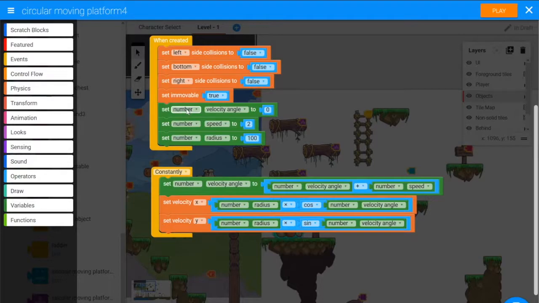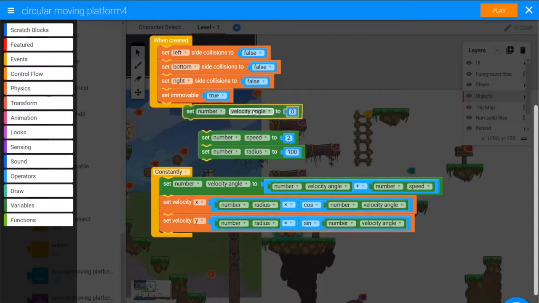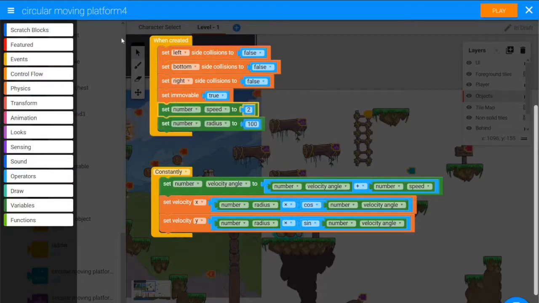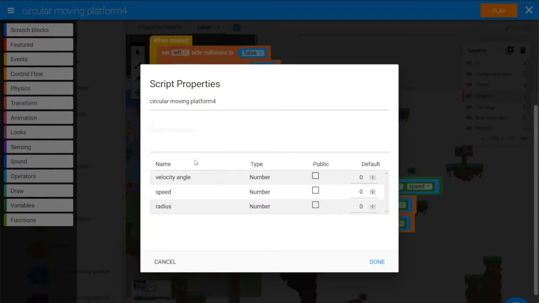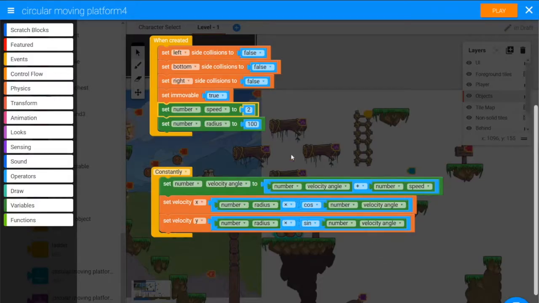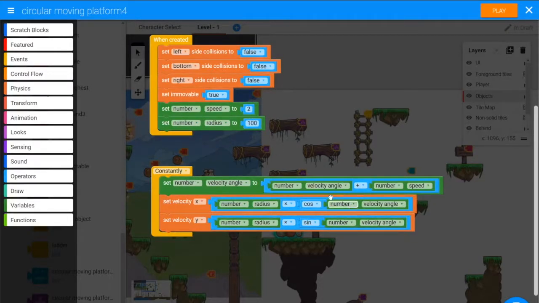So we'll get rid of velocity angle. If we go up into our script properties, velocity angle will now be a public variable with a default of 0. But we're still using it down here, so it's not disappeared. Number speed,